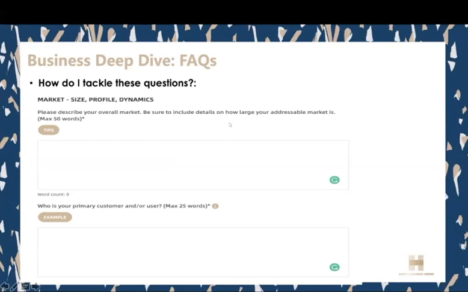Okay, great. Buntu, we have a question here around one of the Q&As that came through. How does one identify their primary customer? We know that many businesses may have several different types of customers. So what would you say is the primary customer or user? And how can they identify that?